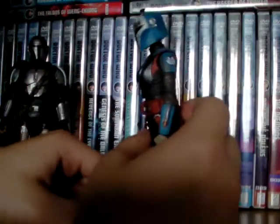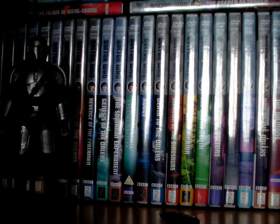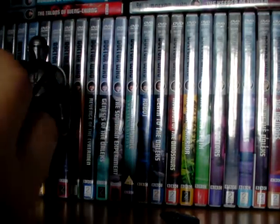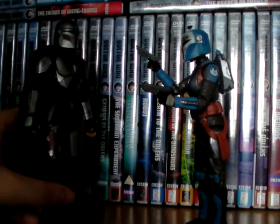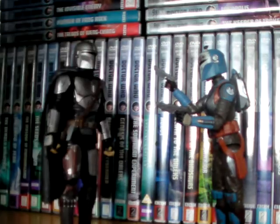I think the only major criticism that I have of the figure is the hair. It could have been a little bit better in terms of the detailing, and the colour could have been a little bit better. The blasters do actually go into the holsters very snugly as well, and here she is with both blasters in hand, fighting Mando, I guess. And the jetpack does sit in pretty snug as well. I guess the only criticisms I mainly have would be that the hair could have been a little bit better with a darker wash over the bright orange hair. And then also maybe adding those two little lights on either side of the hairband, like red and yellow lights maybe,